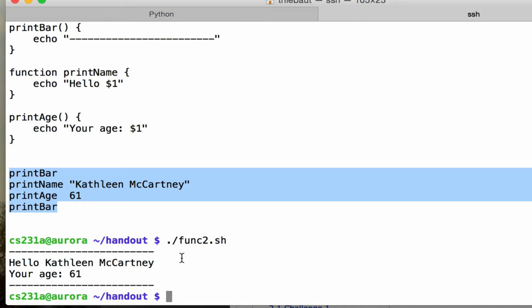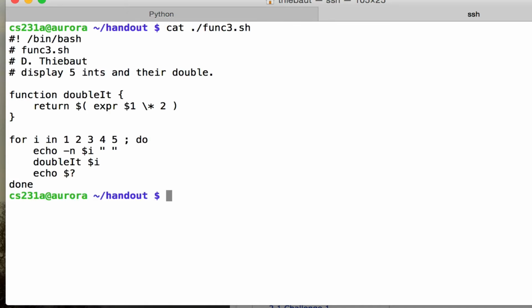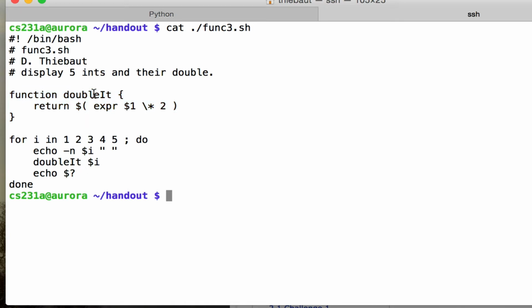How can the function return something to the main program? Let's take a look at that. So func3.sh is an example of a bash script that uses a function and that returns something to the caller, to the calling part. So double it will receive one argument, an integer, and it will multiply it by 2 and return that. Bash functions can only return integers, and they can only be integers that fit in a byte. So it's pretty limited, but